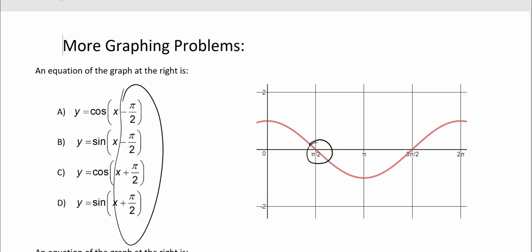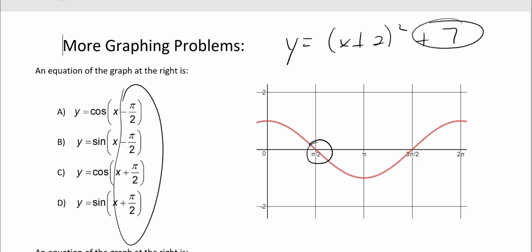Do you guys agree? Just like if you remember this kind of problem, y equals (x plus 2) squared plus 7. This is my vertical shift, the plus 7, and that x plus 2 means I move to the left 2, right? If it's positive, you move to the left. If it's negative, you move to the right. So looking at these different shifts, the phase shifts, if this was a negative sine graph, which I don't have,